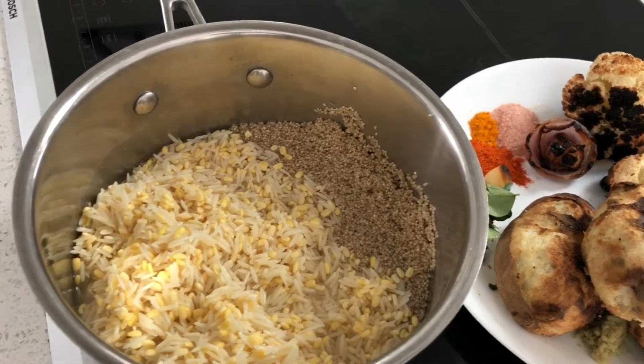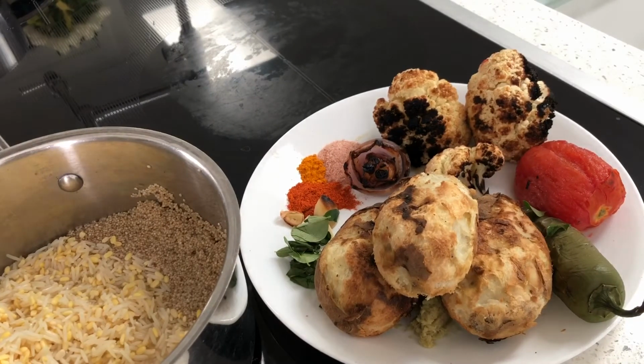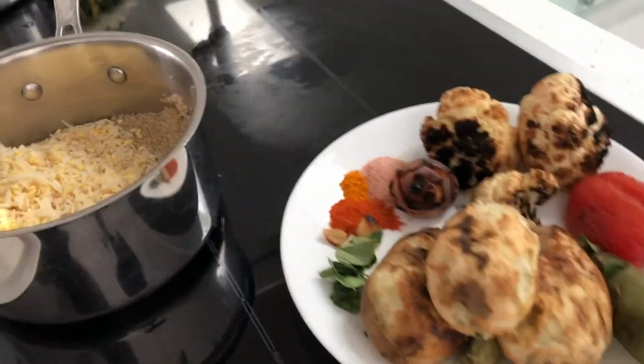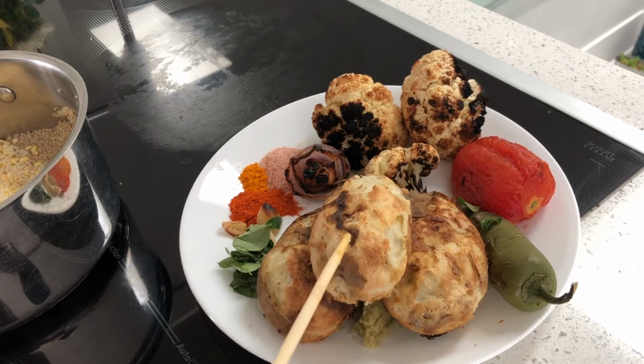And along with this I'm going to cook some curry. So this is barbecue veggies curry. I'm going to take all the veggies which I already barbecued. So here today I'm going to make some barbecue veggies curry, and I've taken 3 potatoes and I've peeled them already,